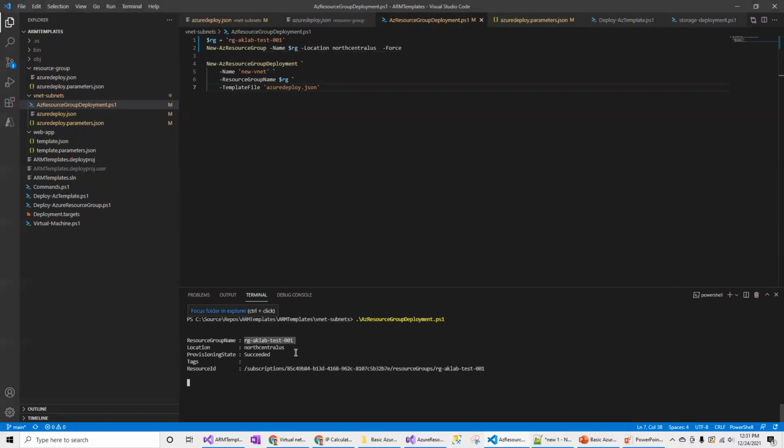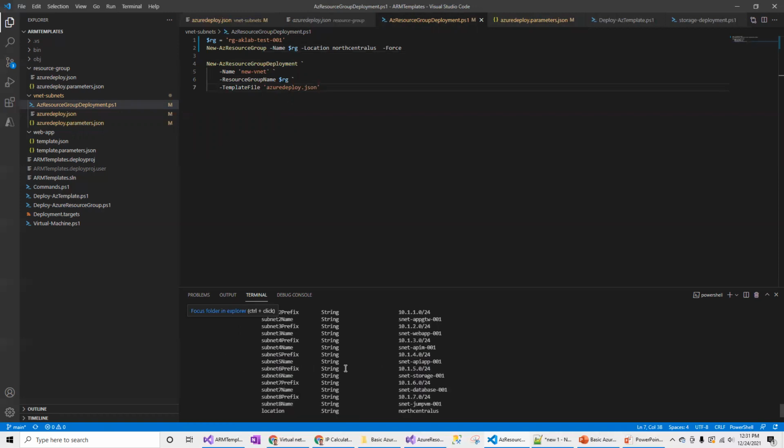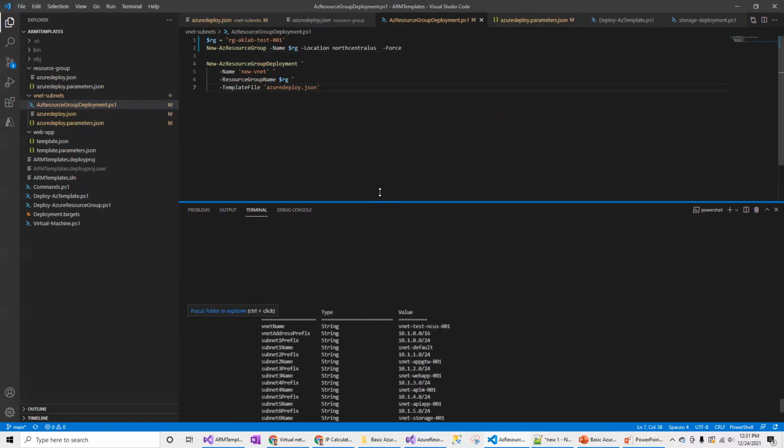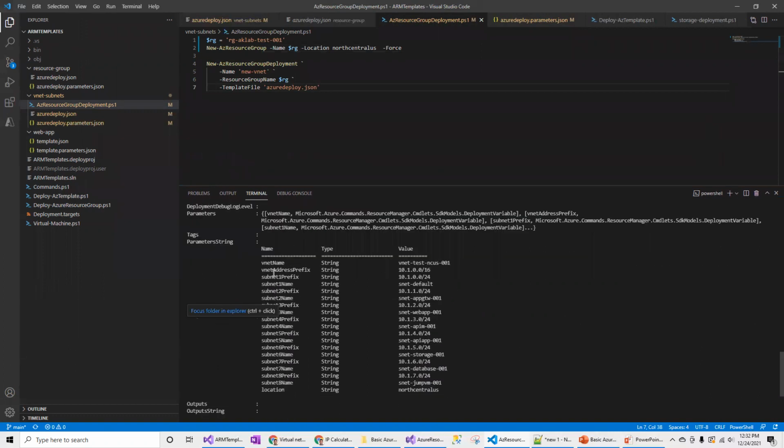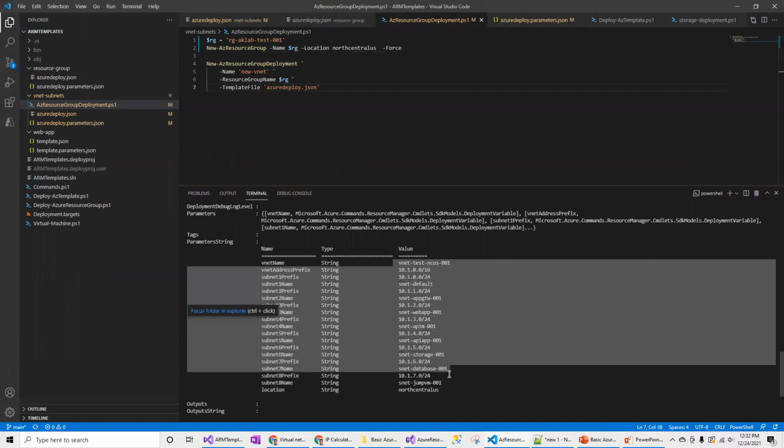So this is the resource group in North Central, which is already created, so it is going to use it. Now it's created the virtual network with these parameters. So this is a virtual network address and all these.